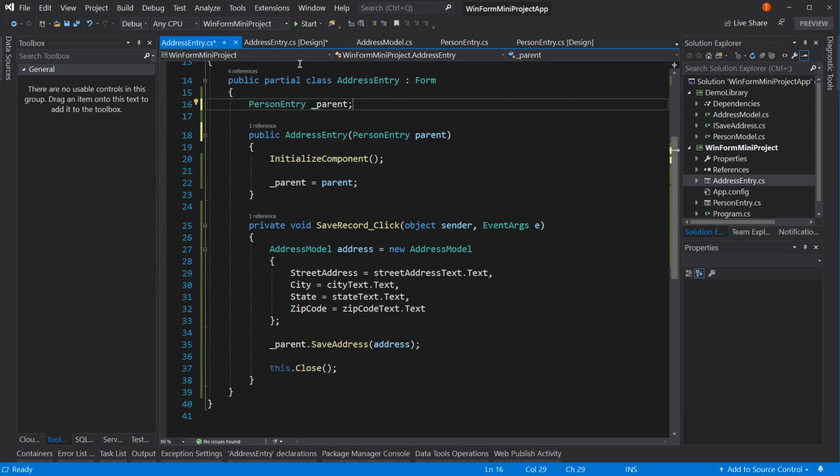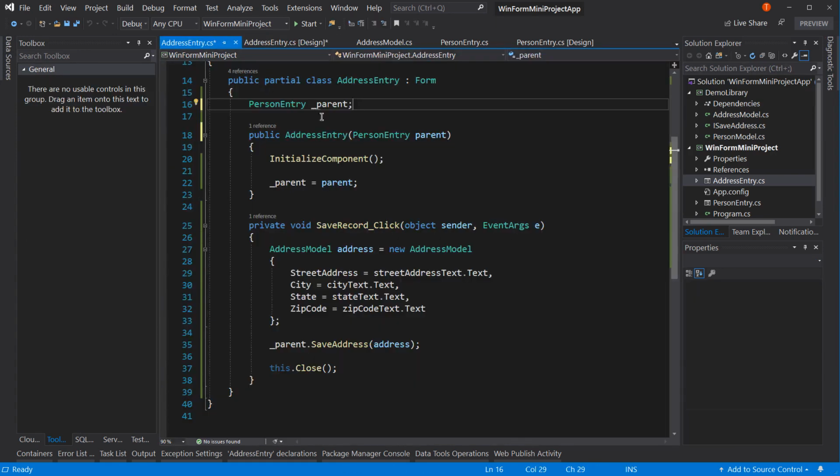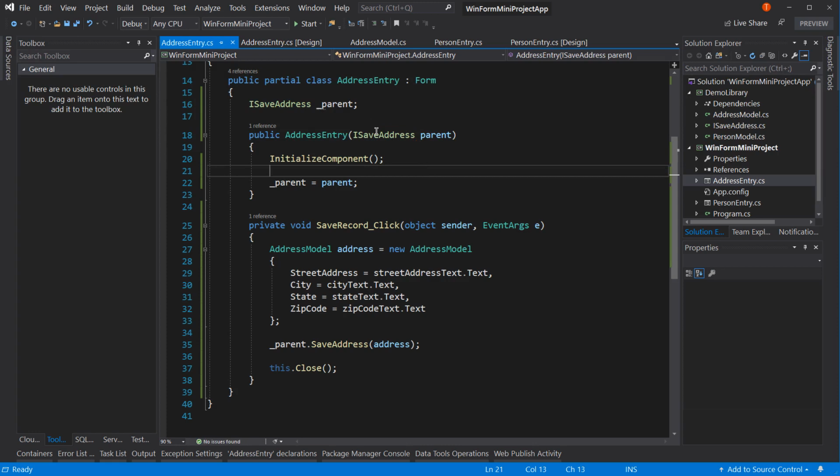Well, this address form right now will only work with the person entry form. If anything else tries to call it, it will say, hey, you're not a person entry form, I need a person entry form instance and you don't have one. And that's messy. So instead, we use the interface so that if we decide later to create a